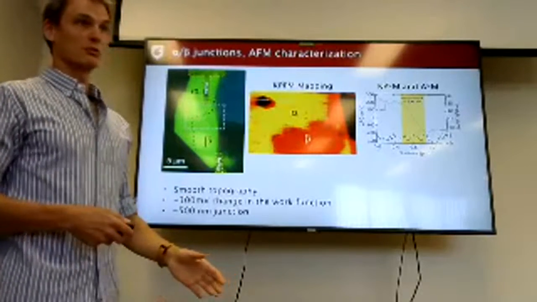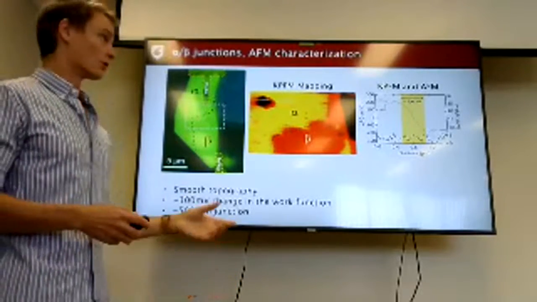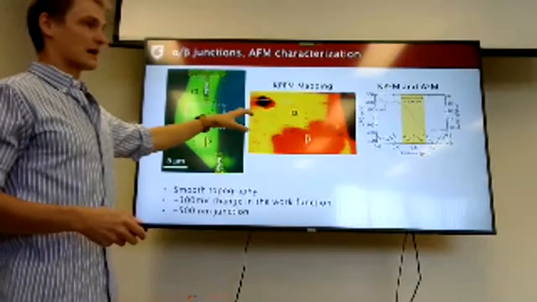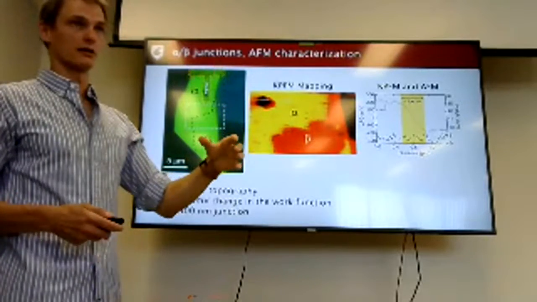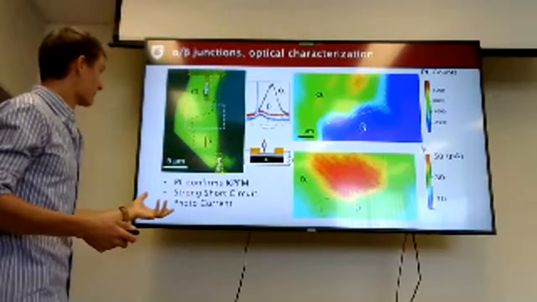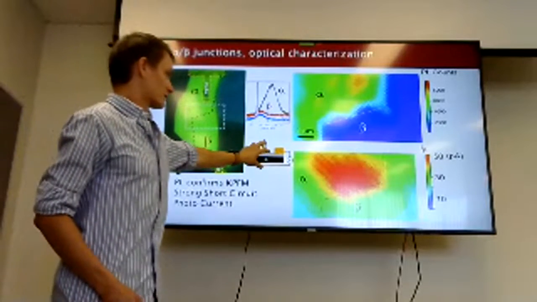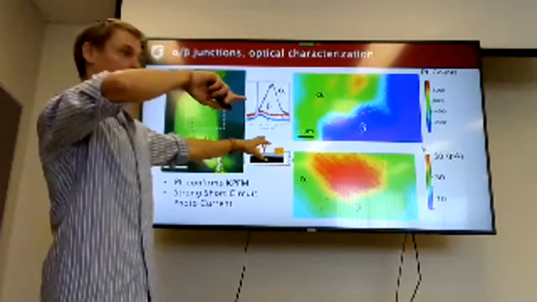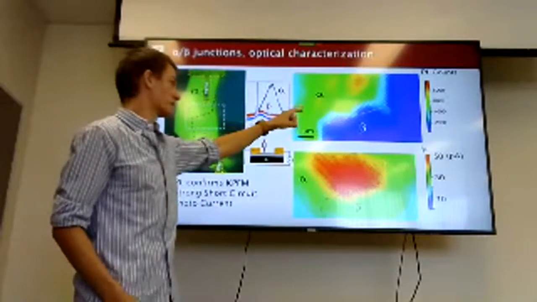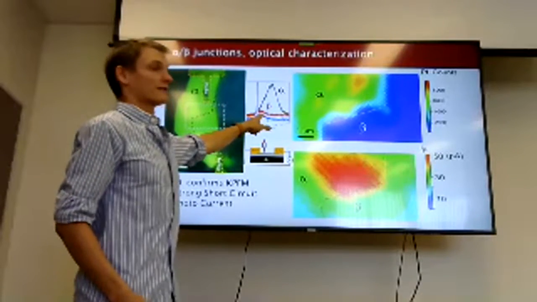All of this is cool, but the point is to make a device. So we have work function mapping. Let's make sure that everything works with optical imaging. So that's what we see here. Same optical image. Then we have a schematic of the scanning setup for the photoluminescence, and then again the photoluminescence